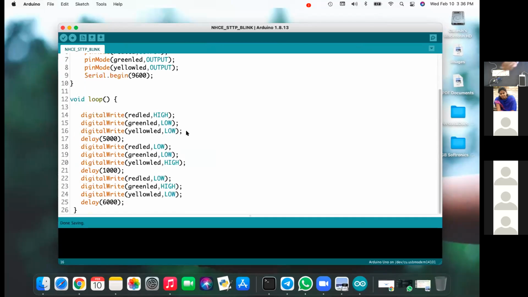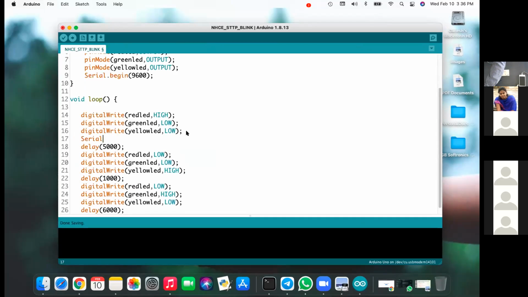Then which LED is on? I am making it a println. Now the above statement will make the red LED on. So, red light on, stop.